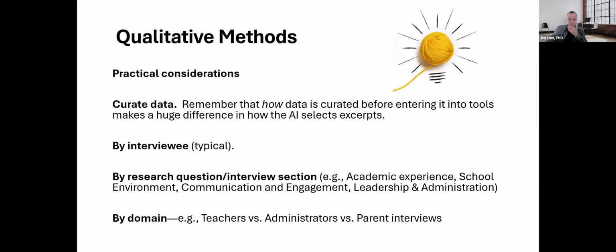Other considerations going on here. Curating data, under practical considerations, and I'll show you in a second. Most people, if you have 10 interviews, have 10 separate interviews, so 10 transcripts, and they'll put those 10 transcripts in, and that's okay. I find myself very frequently putting in by the study aim. For example, if there's 5 questions, and the first 3 deal with study aim 1, and the latter 2 questions of the interview deal with study aim 2,